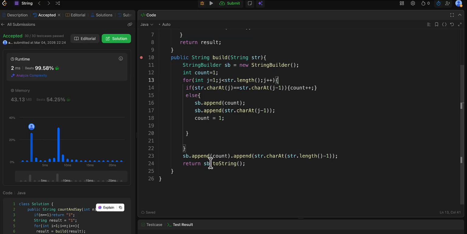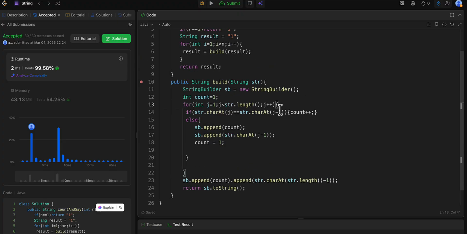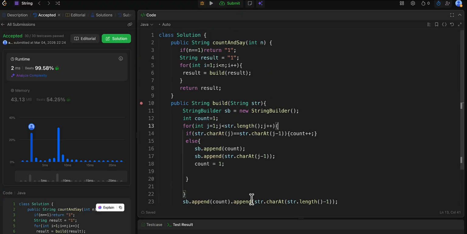And also for the last one, I need to again append the count and the last one, str.charAt(str.length - 1). And then when you do return, it will have all the things built in by this method. It will get called multiple times, and then when it's returned, you are able to